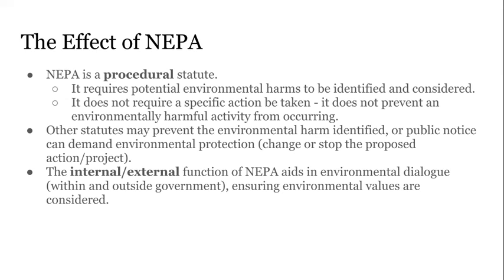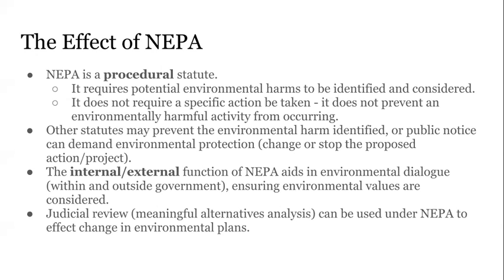And that dialogue is all important in starting to develop a notion of the consequences of our actions from an environmental standpoint. And in terms of judicial review, it's also important to note that a meaningful alternatives analysis, including the no action alternative, is required. Say you do the EIS and you decide that there's a chance to have significant environmental impacts, then you go through the alternatives analysis, and that includes the no action alternative. Even when you do that, even though NEPA says, even in that alternatives analysis, it's just an analysis, it doesn't require an outcome.